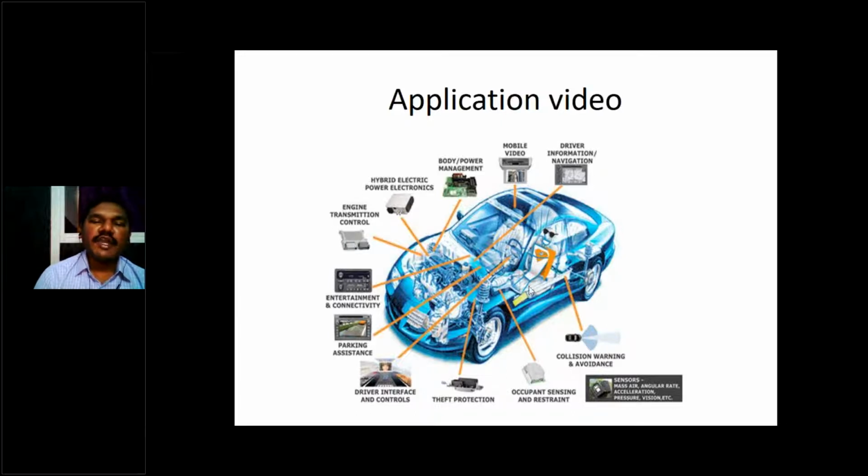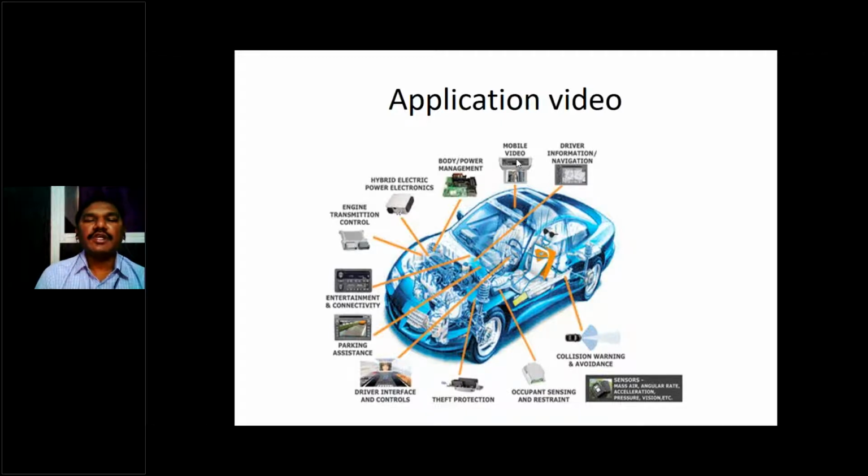According to one survey, for the latest high-end cars, almost 50 to 60% of the price is paid for internal electronic equipment and its applications. Today most high-end cars have mobile video, which means you need not use your hands to lift your phone while driving.